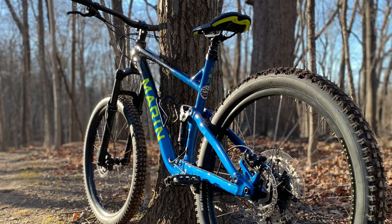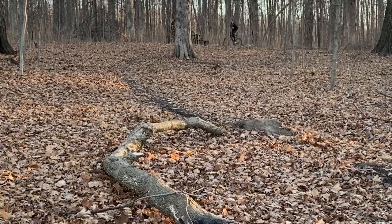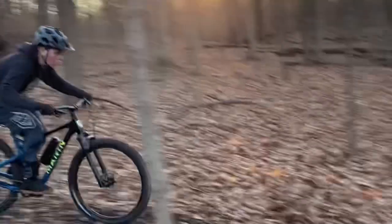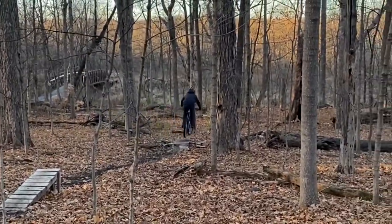Here's my review of the Marin Rift Zone 2. It is a short travel trail bike coming in from $1,800 to $2,400. Being a short travel trail bike, this feels like an XC bike on the climbs, but also has capabilities going downhill. Out of all of the bikes that I've ridden, this is definitely the most comfortable going uphill and going